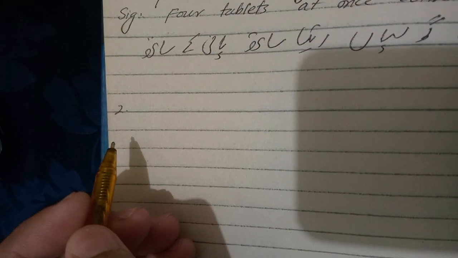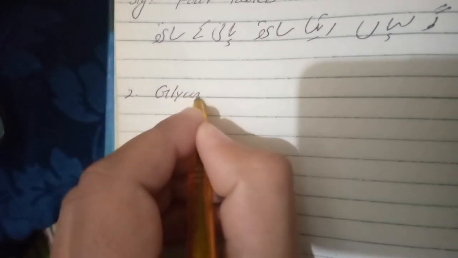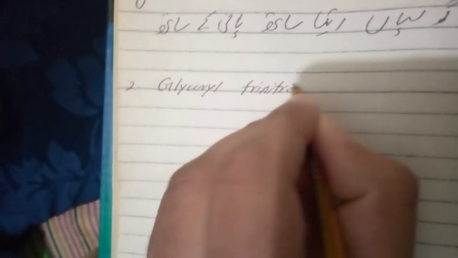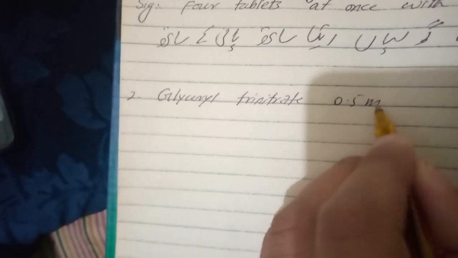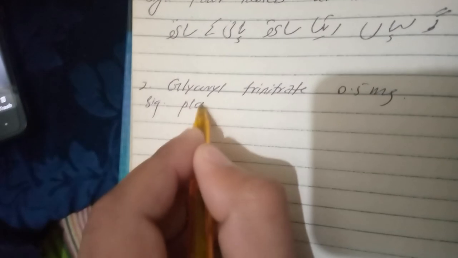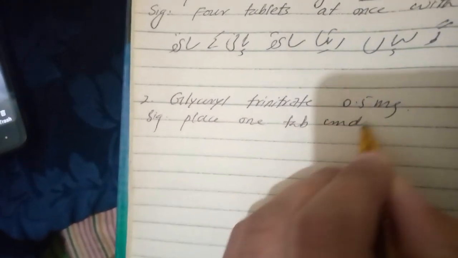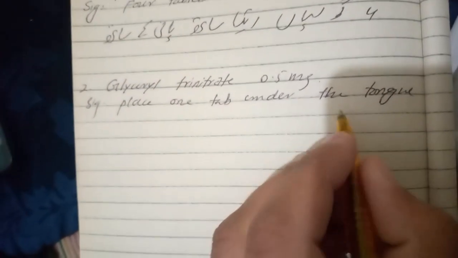This was the first tablet for myocardial infarction patient. The second tablet for myocardial infarction patient is glyceryl trinitrate, which is 0.5 milligram. Okay. Signa, place one tablet under the tongue. Okay. It means that you should place only one tablet under the tongue, and in Urdu we can write